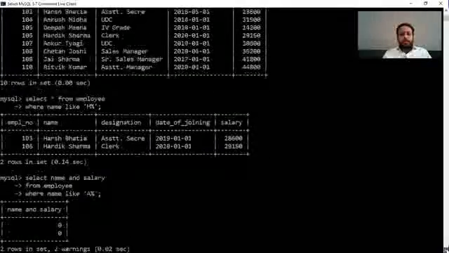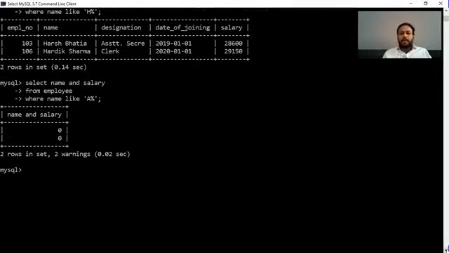Here is one more error. I have written name and salary, but and is not a keyword. We have to type a comma in place of and, because when we take different columns, we have to place a comma between them.